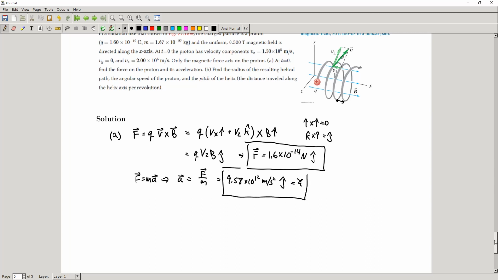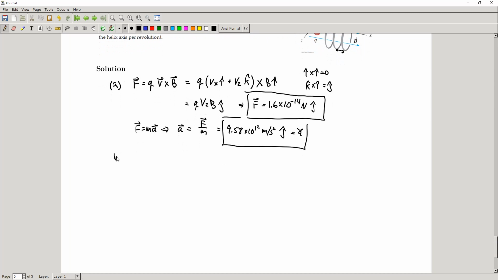Okay, so that's the answer to part A. In part B, what are we looking for? We're looking for the radius, we're looking for the angular speed, and we're looking for the pitch. Okay, so the radius is not too bad, right? So we have this expression for the radius from above,